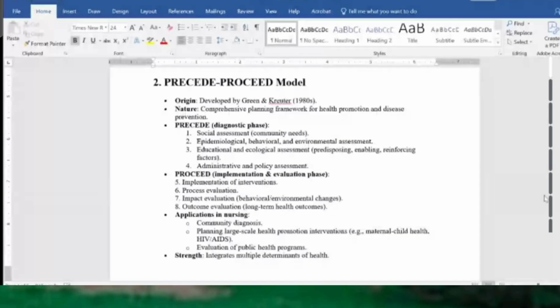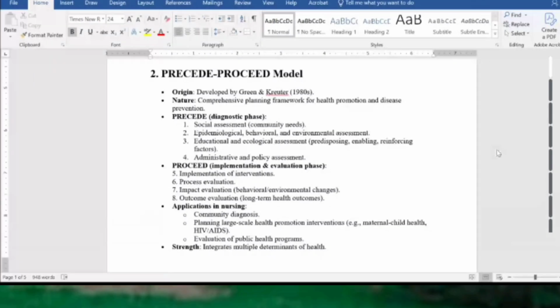Okay. The PRECEDE-PROCEED model, originally developed by Green and Kreuter in the 1980s. The nature of it is a comprehensive planning framework for health promotion and disease prevention. PRECEDE